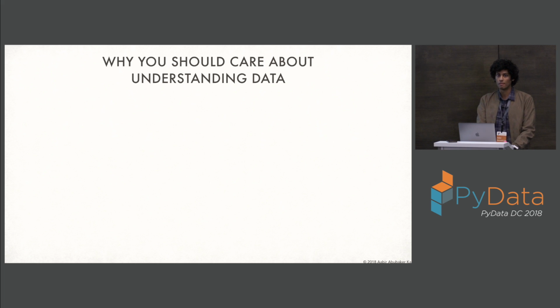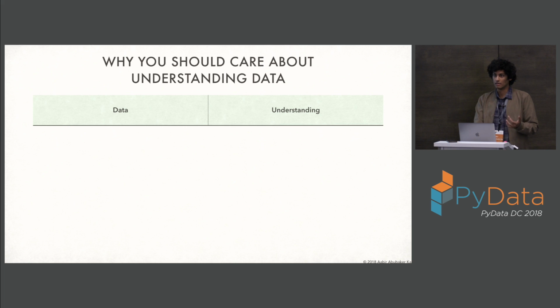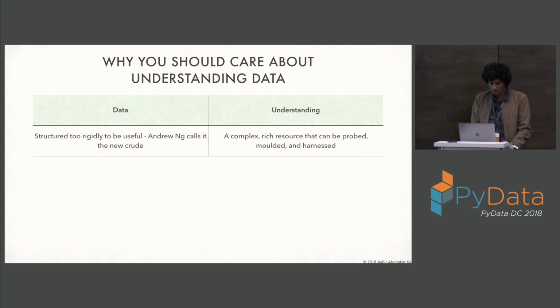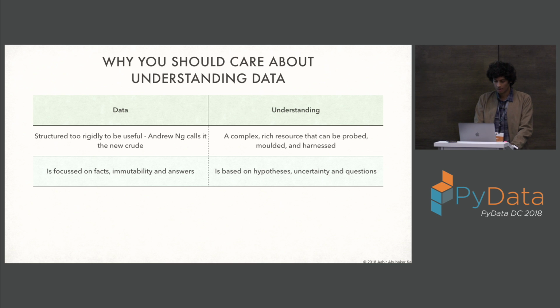I think it's important to remember why we also want to understand data besides wanting the technology of using it. We don't just want to push it through an engine, get predictions, have benchmarks and accuracy and things like that. Because data is really the experimental observation of the present, it is the foundation for any kind of understanding or learning that we can get from anything that we observe. So these are a few differences between just raw data and understanding that I've compiled from various kinds of insights. I think it's important, again, to remember that understanding is based on hypotheses that can be tested. It's based on uncertainty. And data is just the raw number, the raw observation.